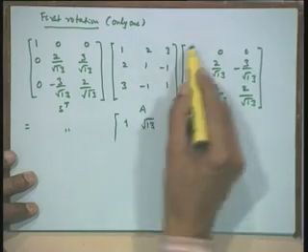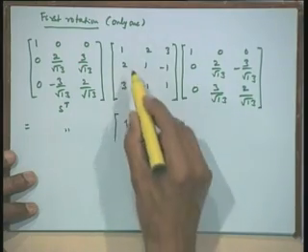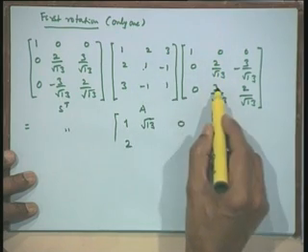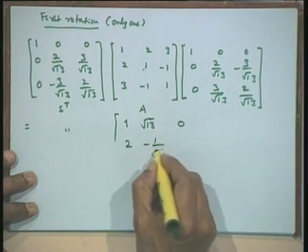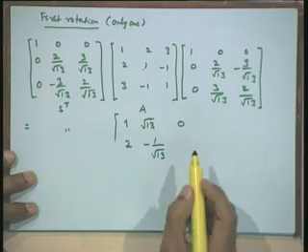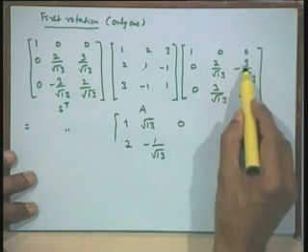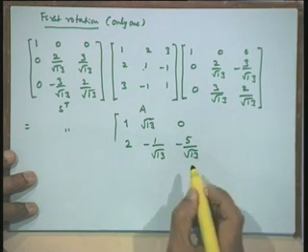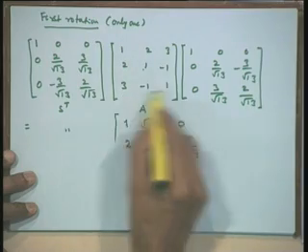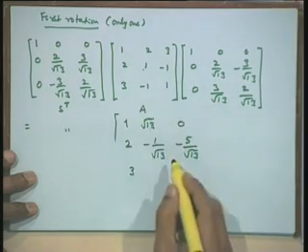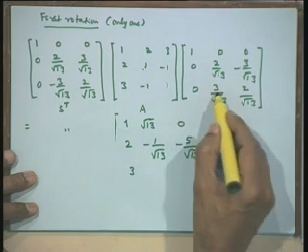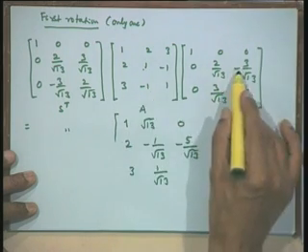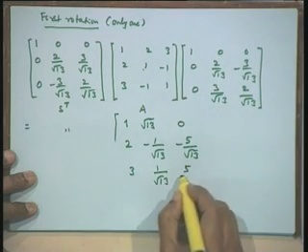This row, this column again 2 into 1 is 2. Then we are multiplying these two, this is plus 2, this is minus 3. So, we will have minus 1 by root 13. Then this row, this column, this is minus 3 minus 2, we will have minus 5 by root 13. Then 3 remains as 3, then this is minus 2 plus 3, therefore, this is 1 upon root 13, this is plus 3 plus 2, that is plus 5 by root 13.